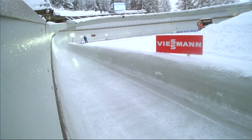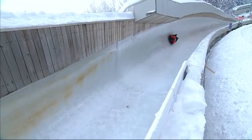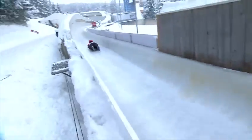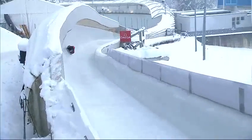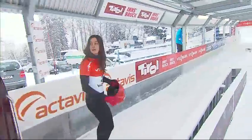You can see her here at the exit of Kreisel there, a little bit high. Comes out and takes that bump, but does a good job of maintaining her composure. Here she is coming out of corner 12, a little bit high and floppy. And middle into 13. That's probably where she scrubbed some speed that she could have otherwise used to get that